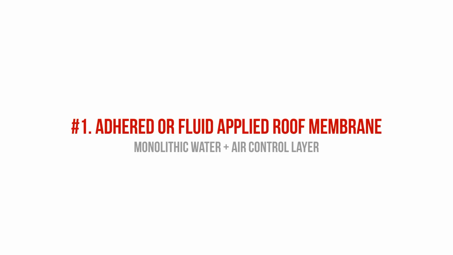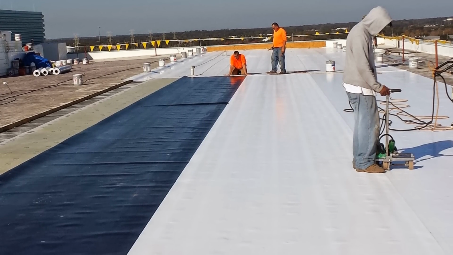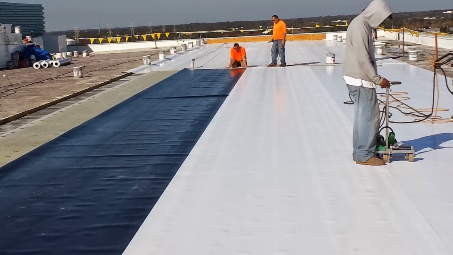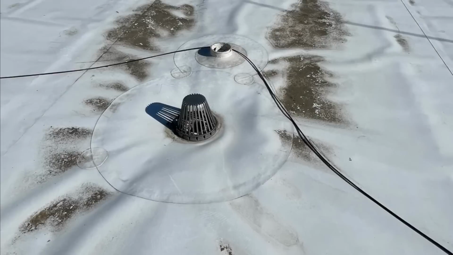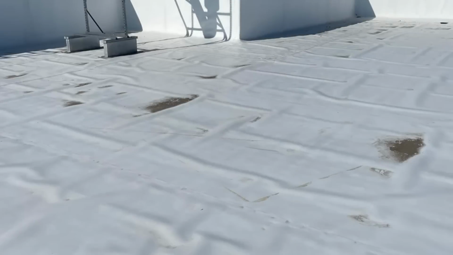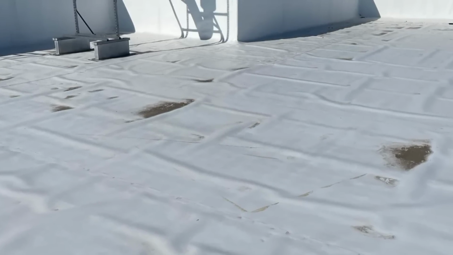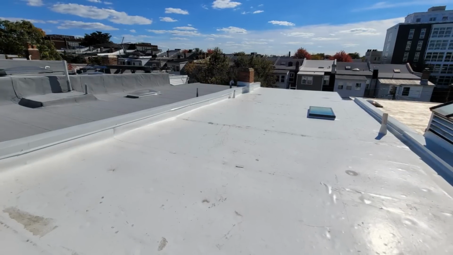Now, with that being said, let's talk about the first essential thing that you need for a successful flat roof, and that's either a fully adhered or fluid-applied roof membrane. We want something that can serve as a monolithic water and air control layer, and that's bonded to the substrate of the roof assembly. The problem with mechanically attached systems is that both water and air can travel freely at the interface between the roof membrane and the coverboard or substrate,